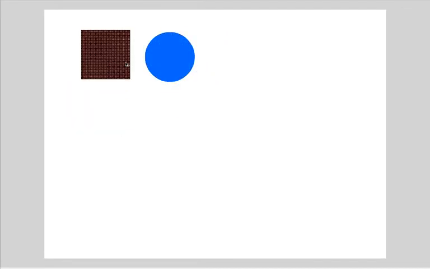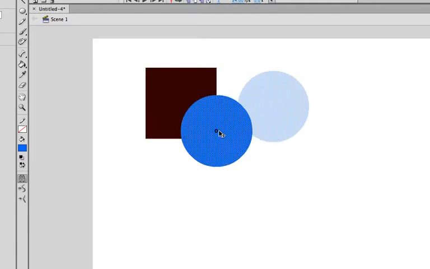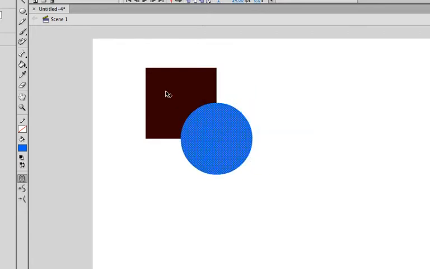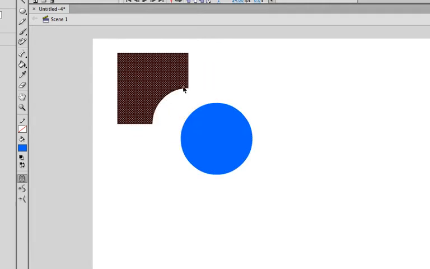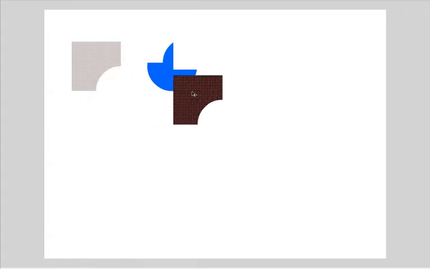But notice when I select an object, there's this grid pattern on there. This grid pattern is going to indicate we're working with a drawing object which can then be merged with other objects that are on the same layer. So if I overlap these two objects and I move the same one, that's no problem, no big deal. But if I overlap them and select another object and move it, look what happens. We lose where that shape overlapped. Again, move it. So the shapes actually merge,